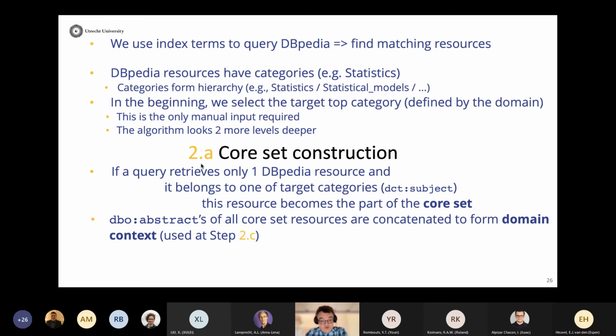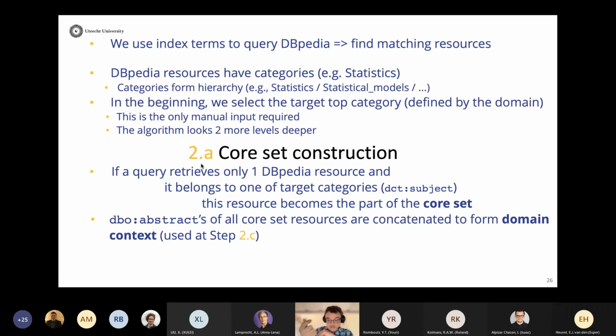This happens for most of the queries, but sometimes you actually can hit a query which retrieves only one particular resource. And if we get a query that retrieves one particular resource, and every query for us is a term from an index, and we see that this resource corresponds to one of the relevant categories for us, which is either statistics or some of its subcategories, then this becomes a part of the core set.